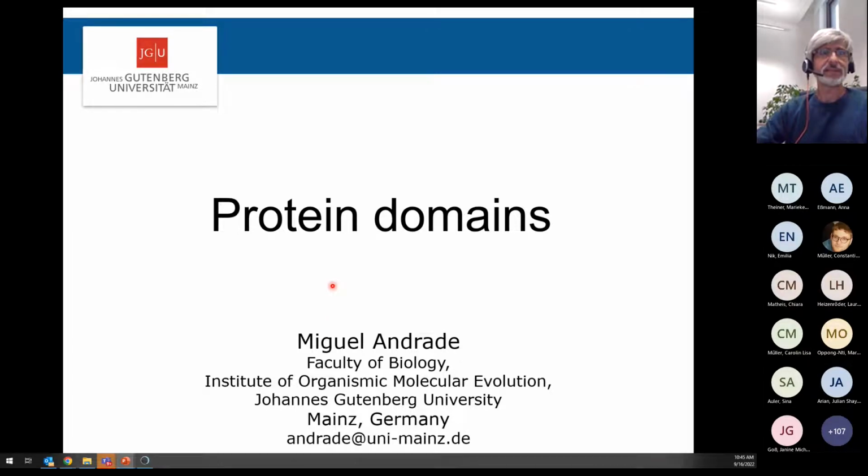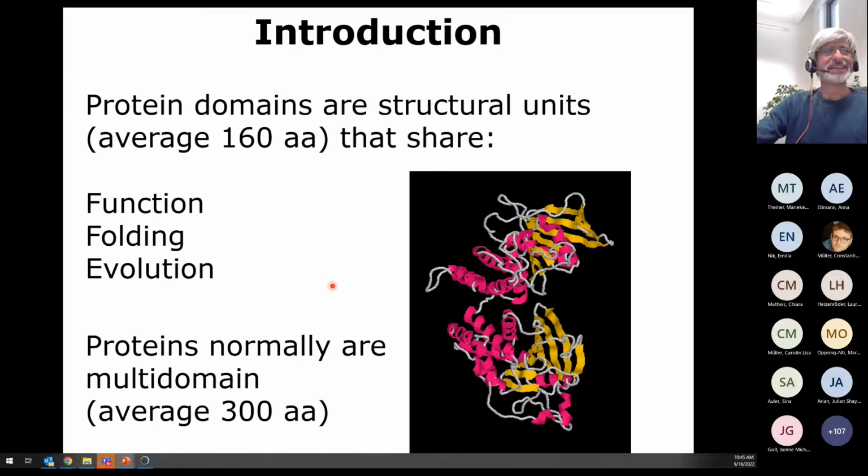So the last lesson of today would be, yes, I know that one, about protein domains. So what are protein domains and why is it important to know about that in bioinformatics and in general if you are analyzing proteins and protein structure? Protein domains are structural units. The average is 160 amino acids in humans. Don't learn this number, it's not important. It's just important for you to know that these units